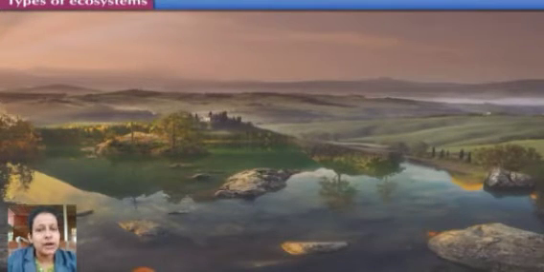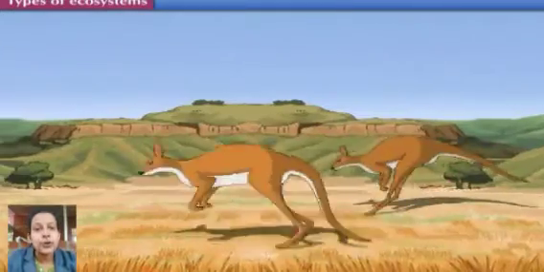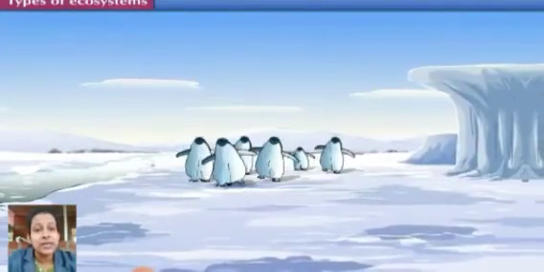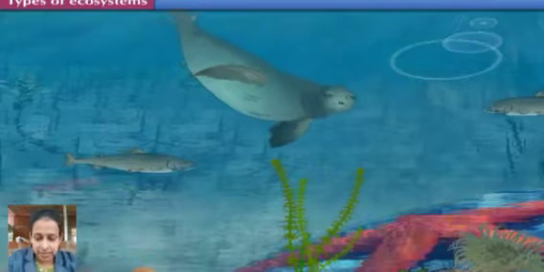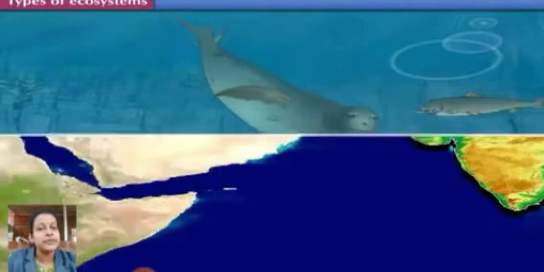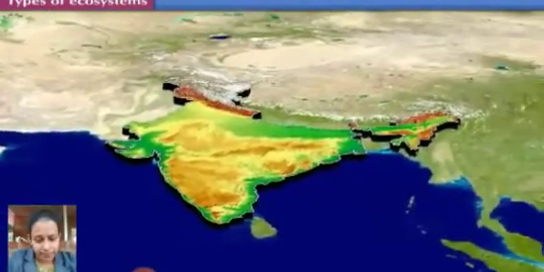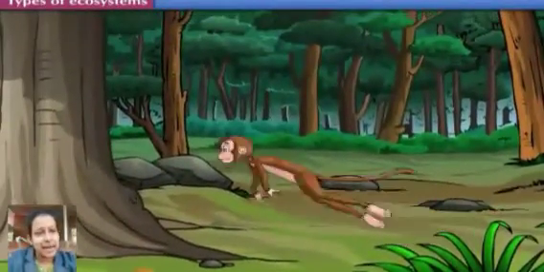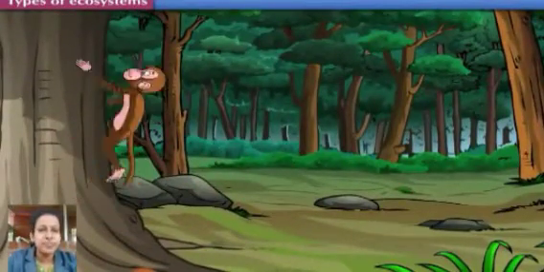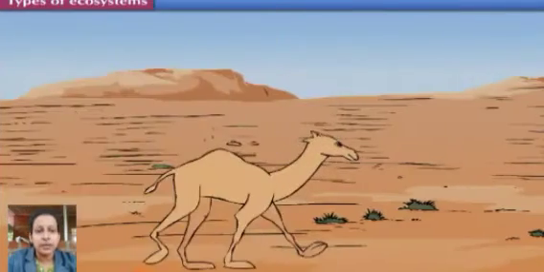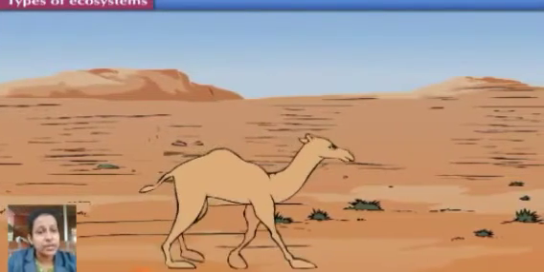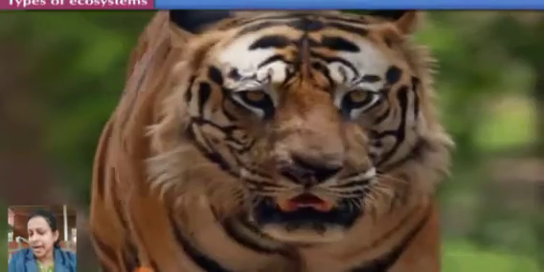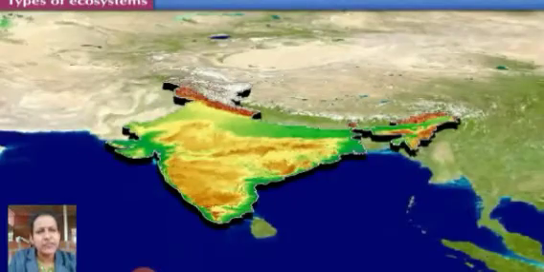Now, if you see, most of the ecosystems are complex in nature, and there is tremendous qualitative as well as quantitative variety of species in them. In tropical ecosystems like in India, few species of living organisms are found everywhere in large number, whereas remaining species of plants and animals are found in small number. For example, camel is found in less number, whereas monkey, what you have seen, they are found everywhere in large number. And some species are very few in number.